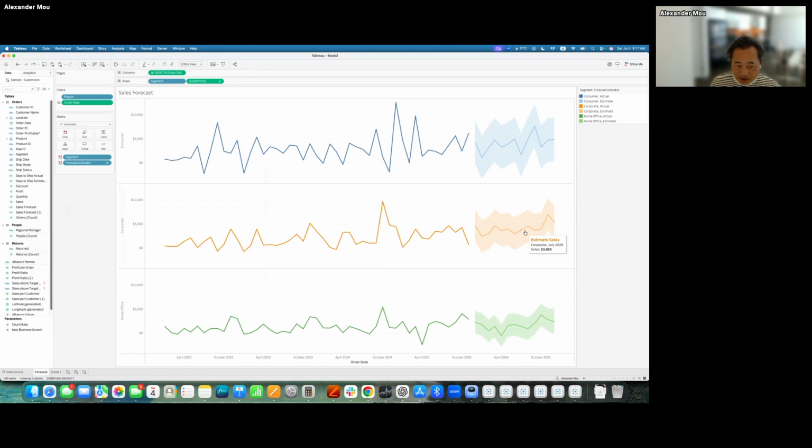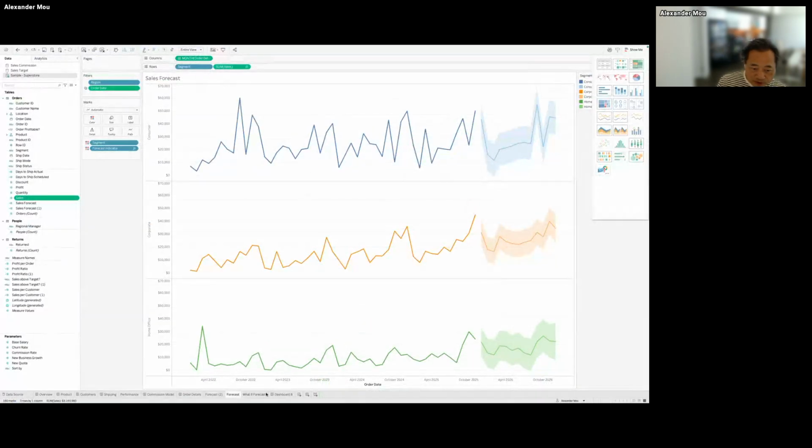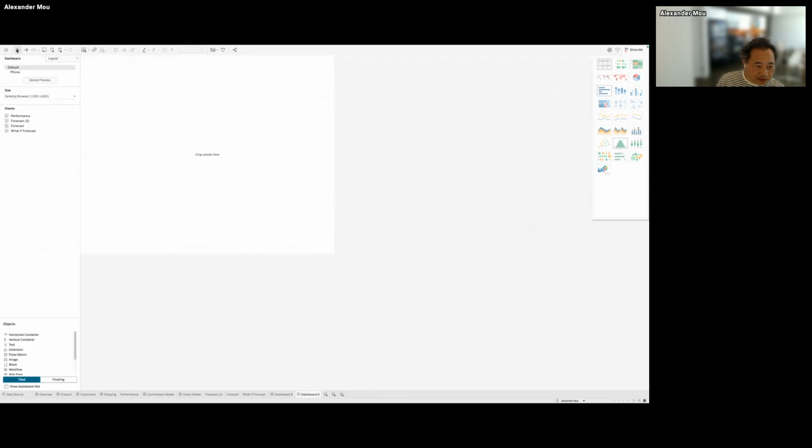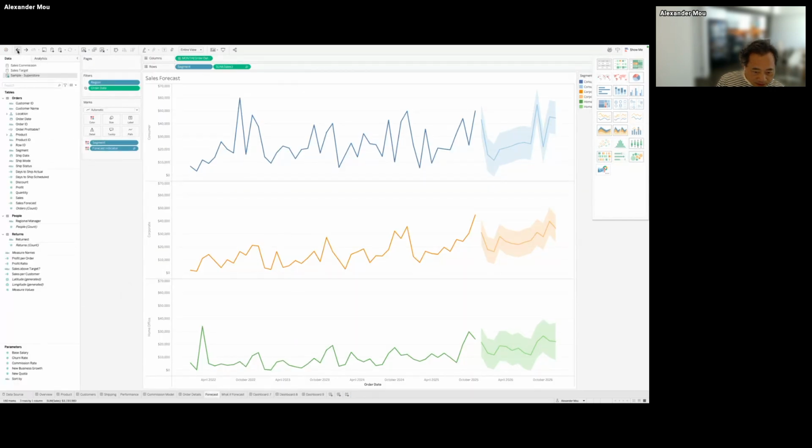And then I can copy it back to this workbook. Actually, I have already done this. Okay, here we go. So I just copied that sheet, and now let me paste it here.